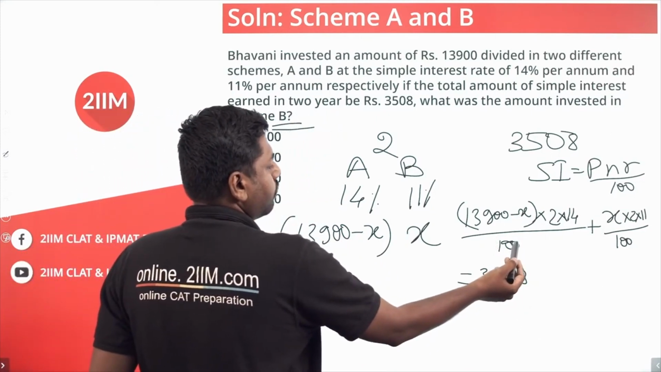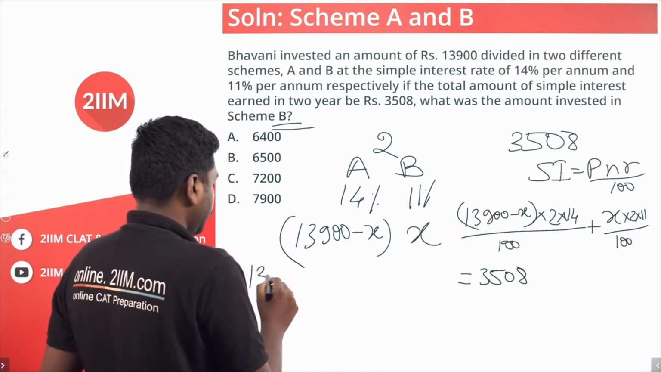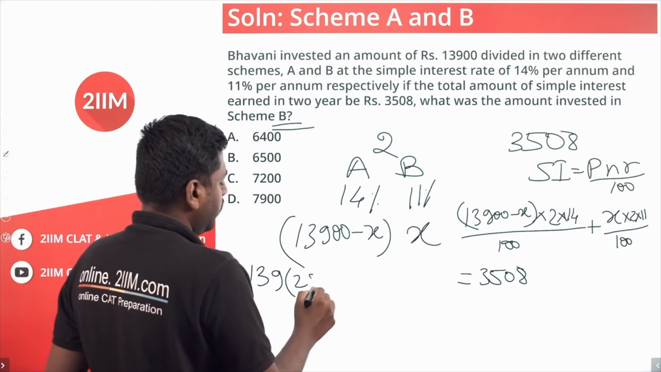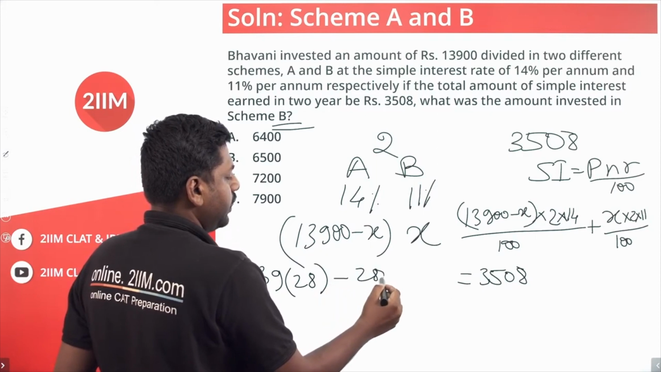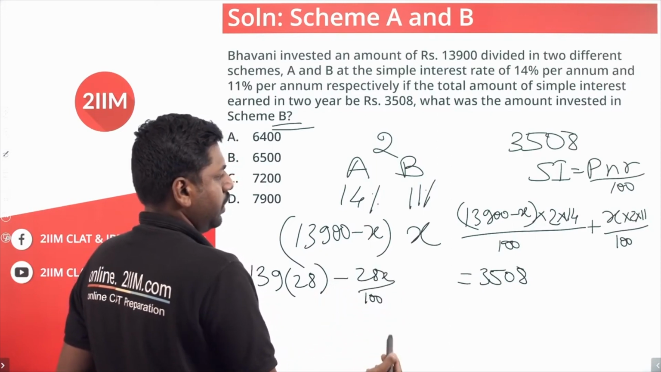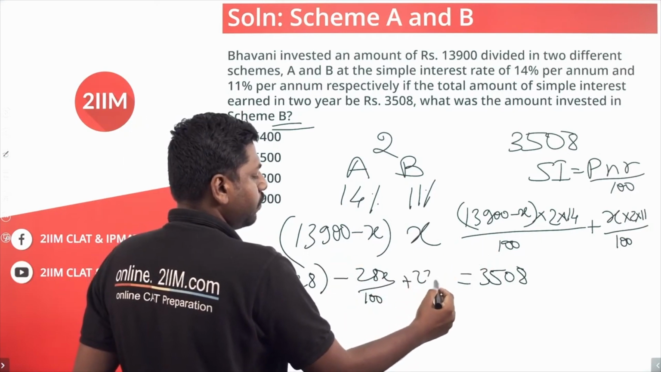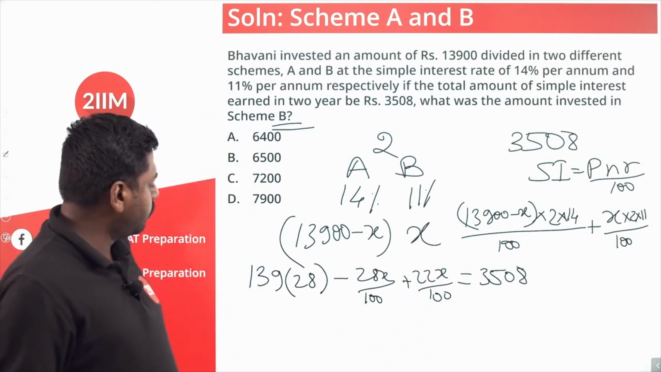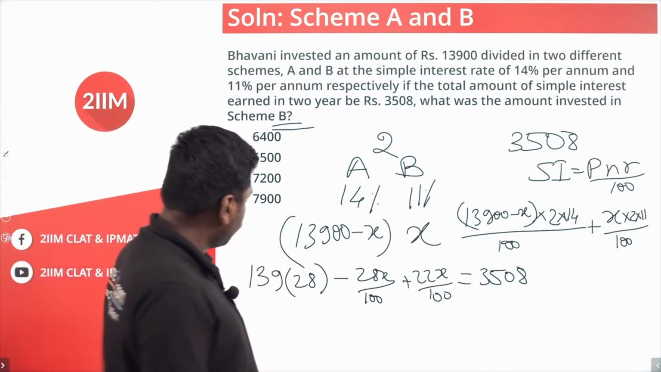So this is 3900, this is 39 into 14 twos are 28 minus 28x by 100. Right? The same equation rewritten like this. This is plus 22x by 100. So we have this number 39 into 28. I have to figure this number out. So this is going to be